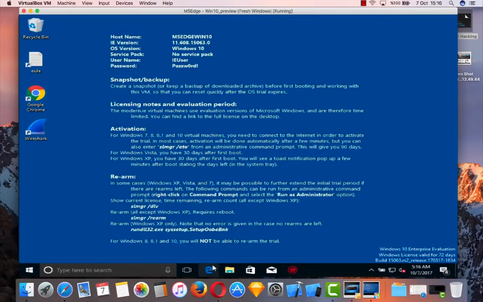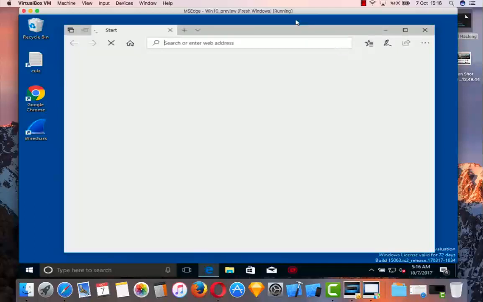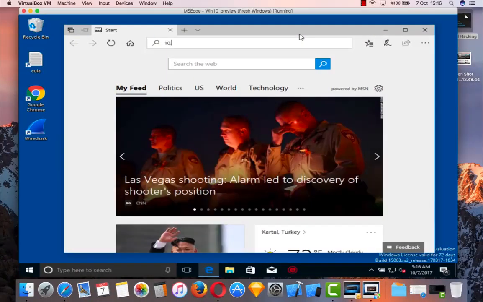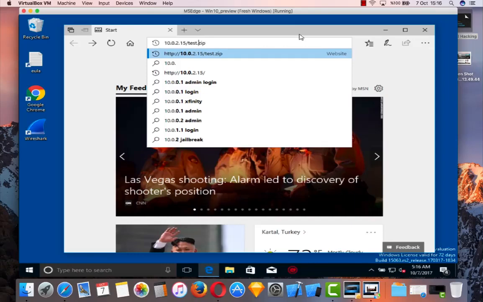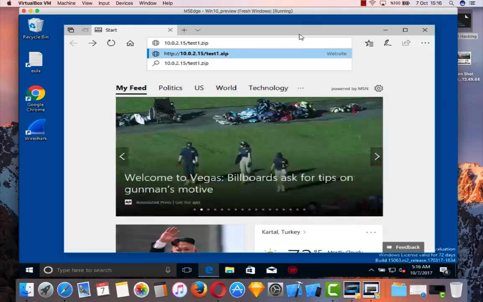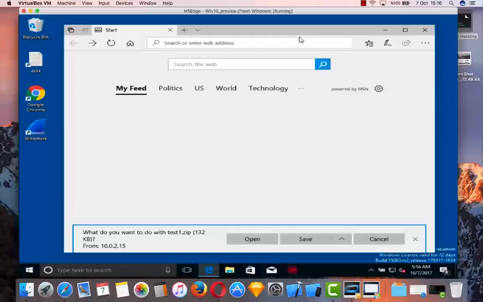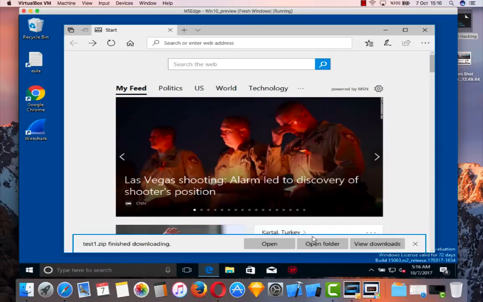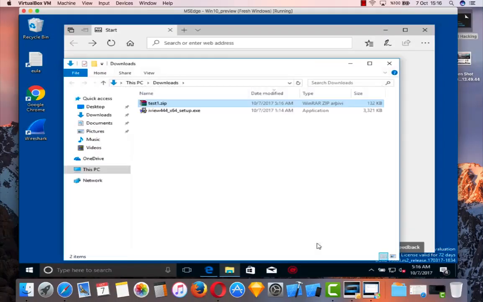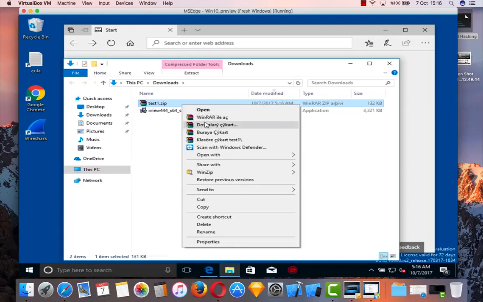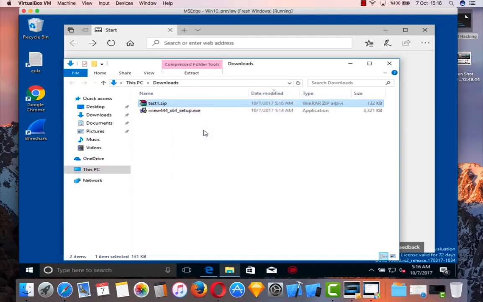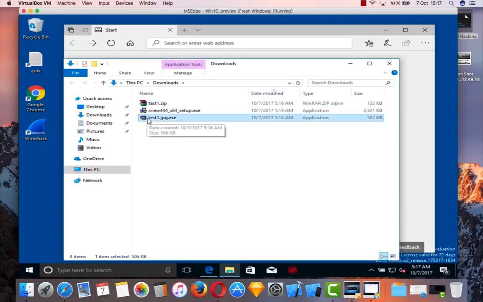If you're not running the Apache server, of course you need to run service apache2 start first, but mine is already running, so I'm going to just download my file from my website. This is finished downloading. I'm going to unzip this. If you don't have WinRAR or WinZip on your Windows machine, then of course you can Google and install it, but I have one, and as you can see, now I have my test1